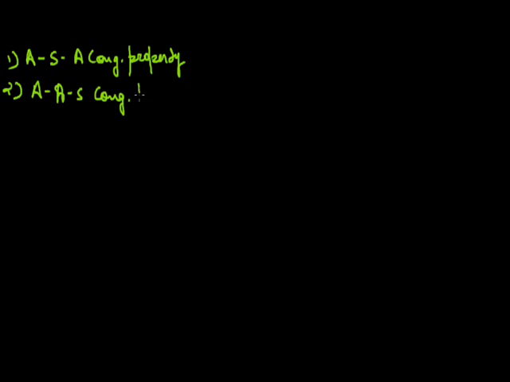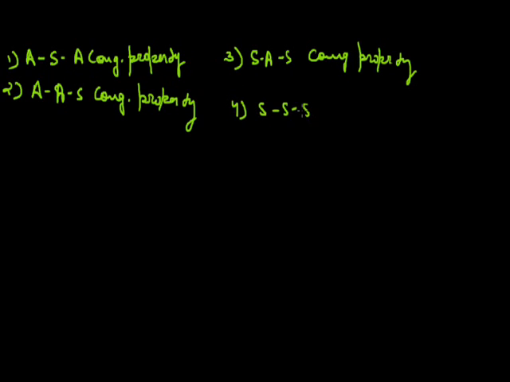Till now, we have studied the angle-side-angle congruence property. Then we have also studied the angle-angle-side congruence property. Then we have studied the side-angle-side congruence property. And we have also studied the side-side-side congruence property. Now the last property which is remaining is right angle